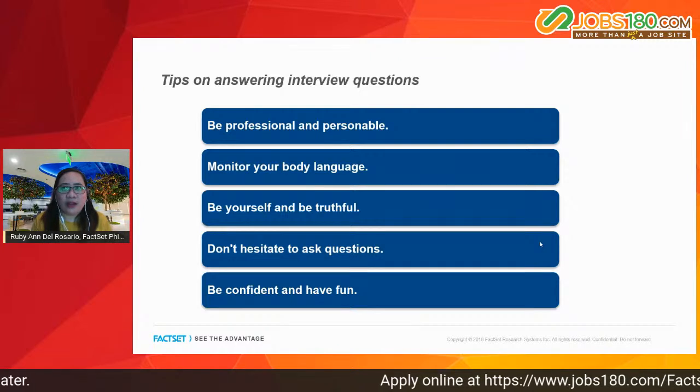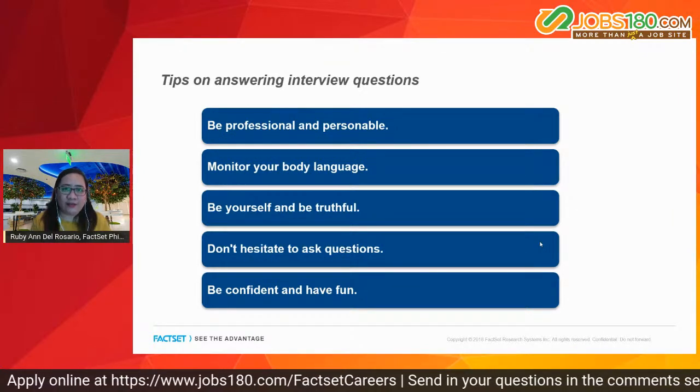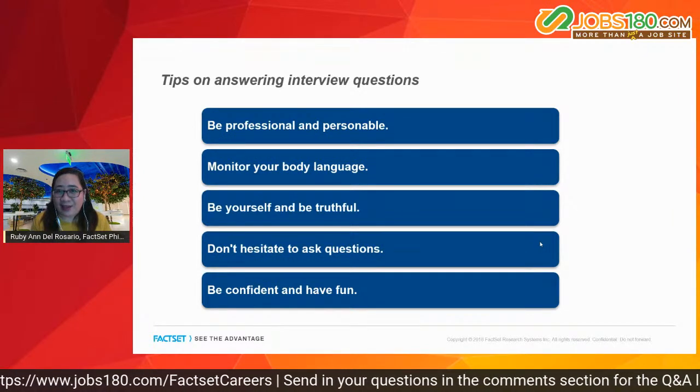And number one that you have to remember as an applicant is to be confident and to have fun during the interview. The interview is not there to interrogate you. It is